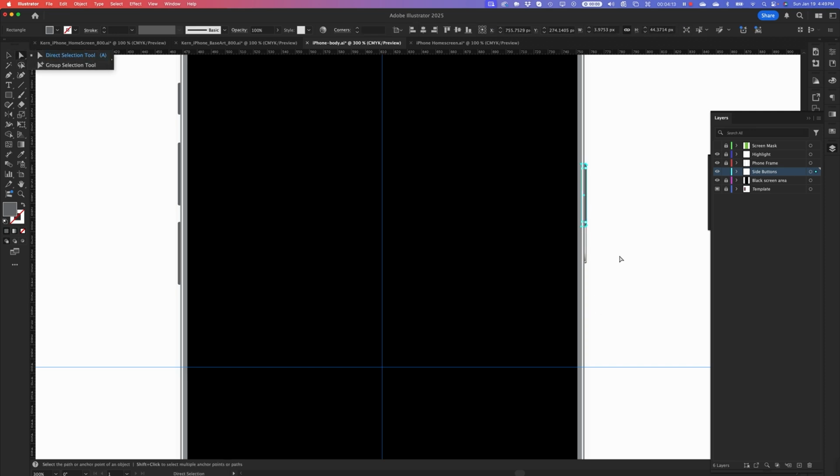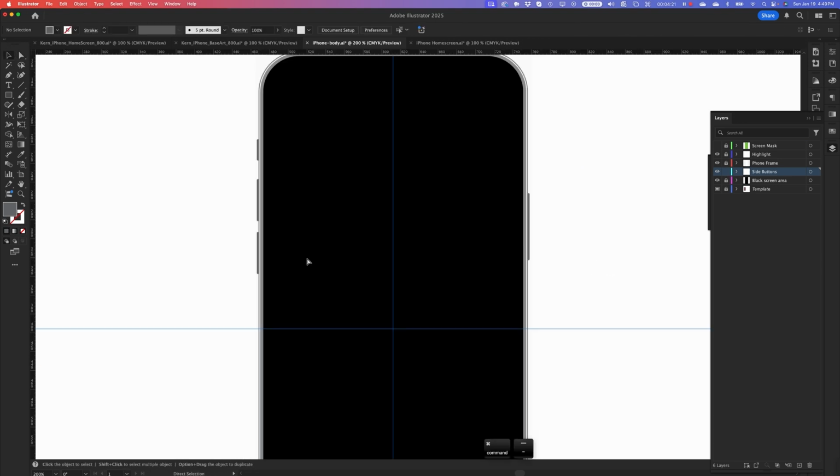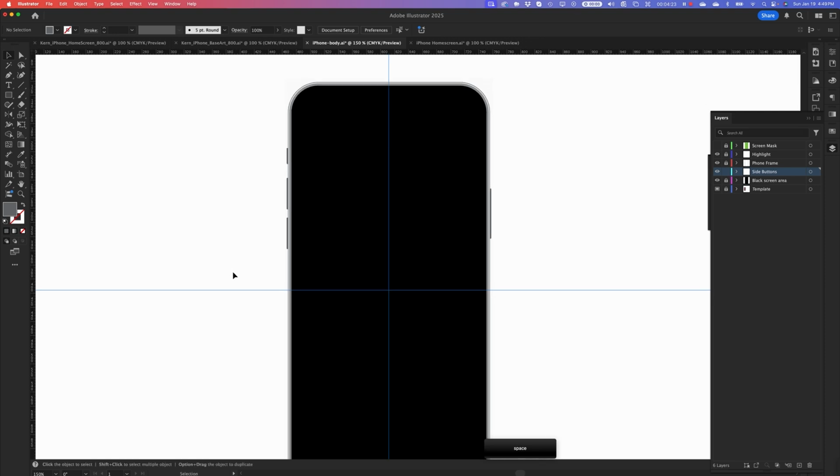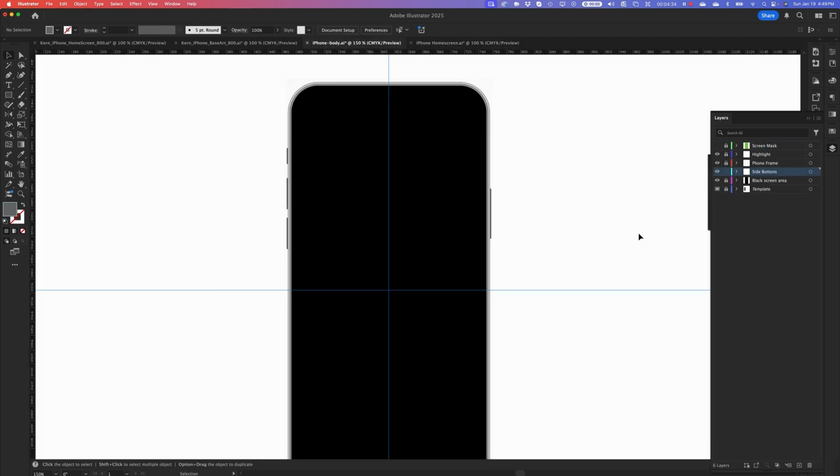Let's grab our direct select tool again, select just these points, drag them down, draw it back. So there we go. We have our side buttons. So remember, I already placed my home screen here. But if I save this now with the buttons in place,